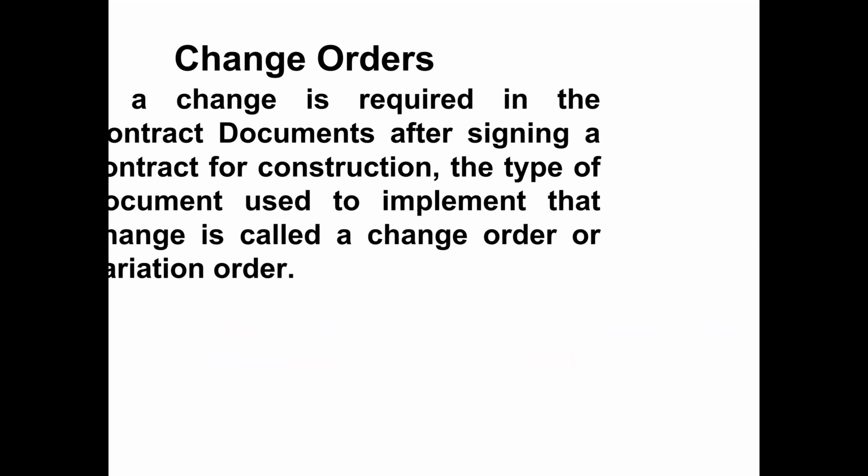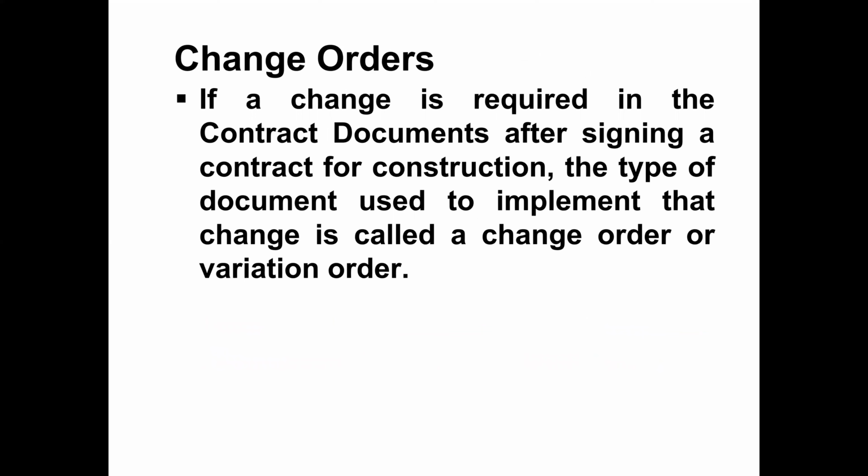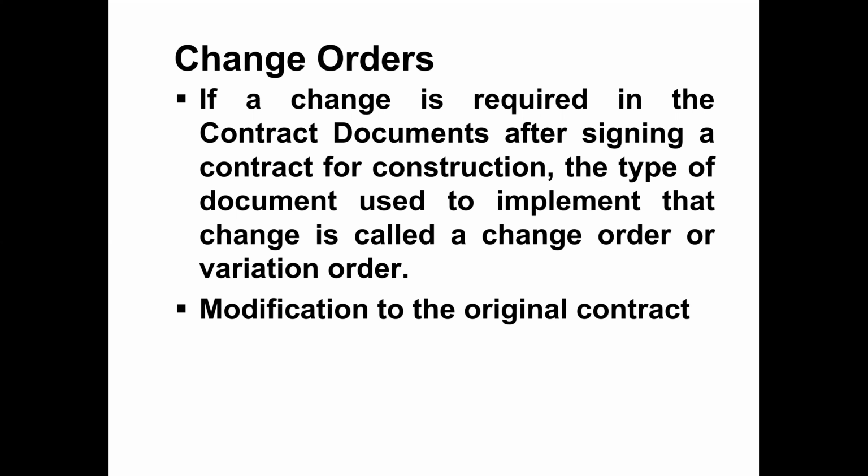Next thing we are going to discuss is change orders or variation orders. If a change is required in the contract document after signing a contract for construction, the type of document used to implement that change is called a change order or variation order. So after signing of contract, any change in the contract document, in the book of specification, or in some